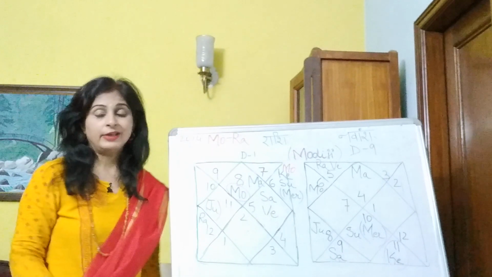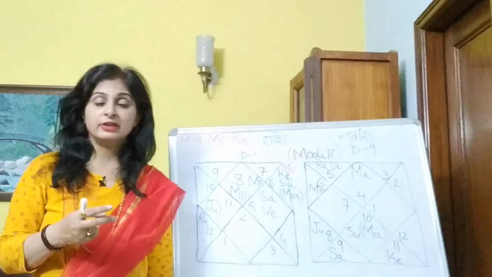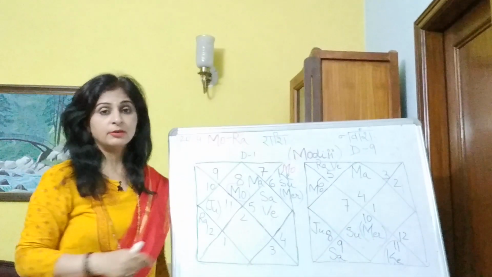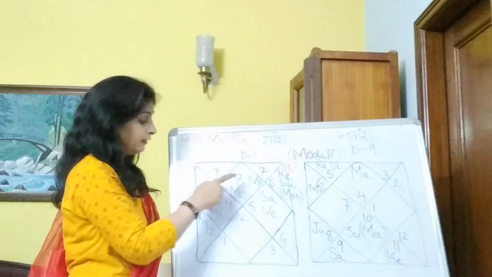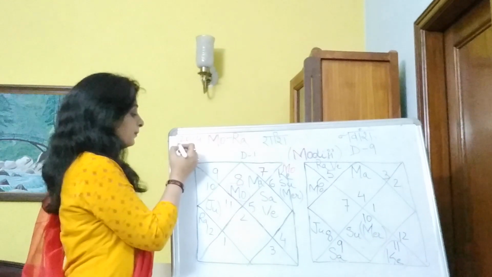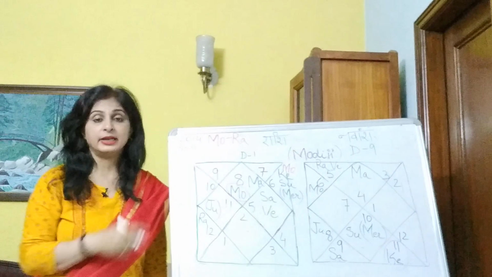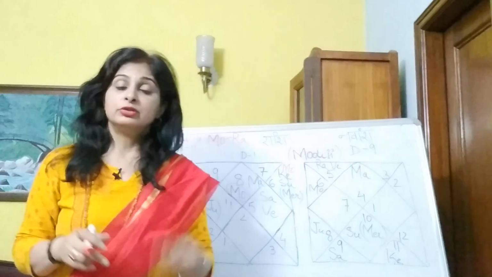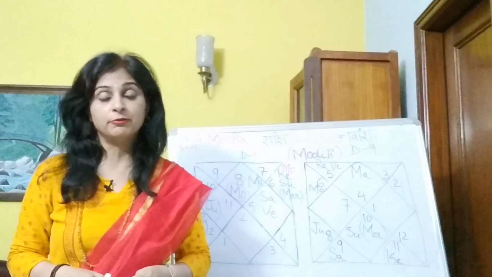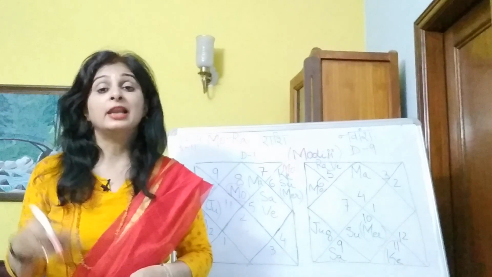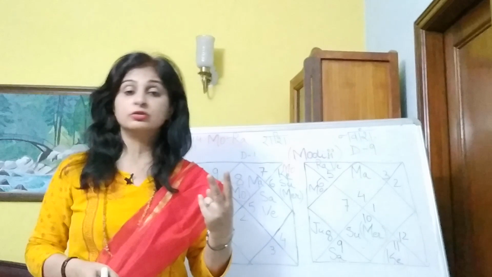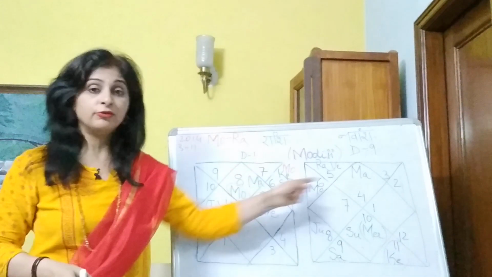We have to see two things here. First we have to see Moon to Moon placement. From this Moon, this Moon is in the 3rd place, 1, 2, 3, and from this Moon it is in the 11th place. So it means the 3rd and 11th houses are going to get activated during this dasha. The 3rd house is Vikramamsha, that is, efforts would be needed during the Mahadasha of Moon, and the 11th house is Labhamsha, so the native will have gains during this time. So two things we got through the placement of Moon from here to here.